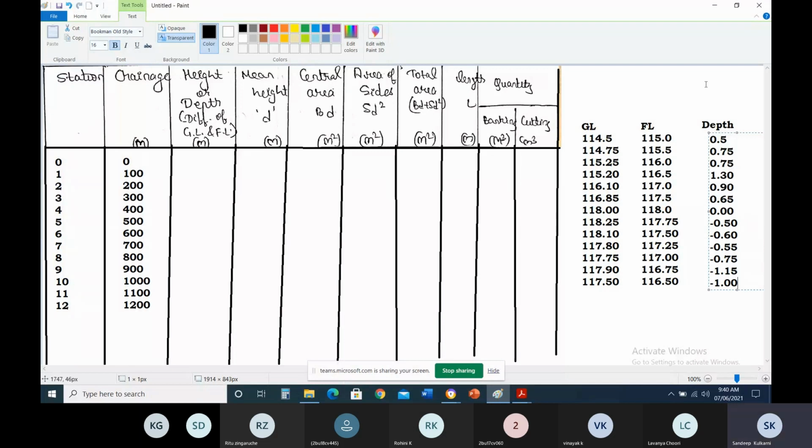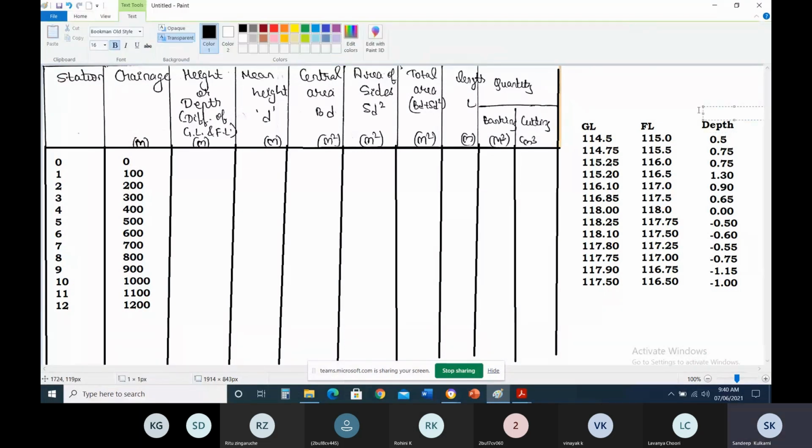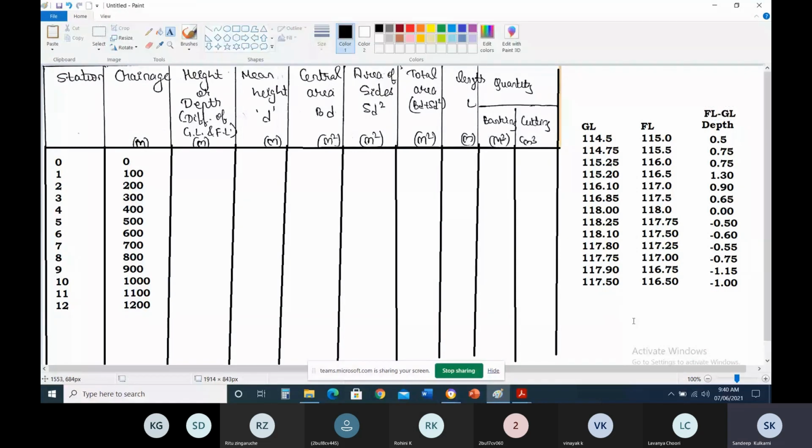Okay. So the basic formula again I'm telling you, it is FL minus GL that I have to do to get the depth. Now this depth formula, I'll be writing these same values. So I'll just go and place them here. So these are the values I got. I hope you understood this. Okay, so for height or depth, just calculate GL minus FL, you will get it here. Okay, so separately that table you can show what I showed here. Otherwise, you can directly write the values here.